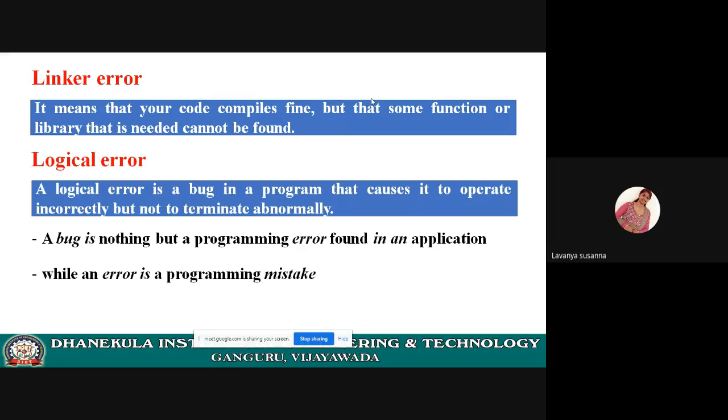Okay, there is a difference between error and bug. Error means some programming mistake done by the user or student or some programmer. It may be syntax errors, whatever it may be, errors done by the programmer. When the programmer makes this error, the compiler will generate an error. Bug means the compiler will not generate any errors. It will be free from errors and the program will execute, but there will be something wrong in the logic.